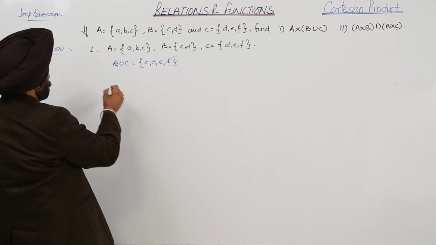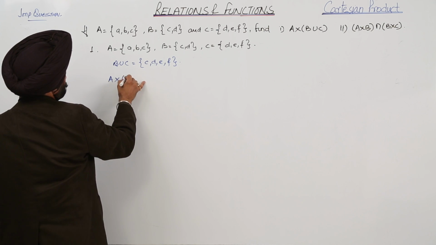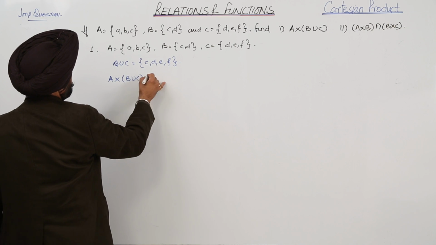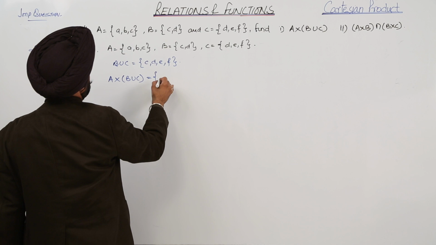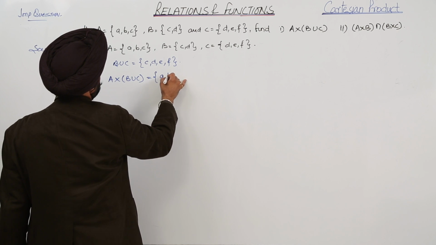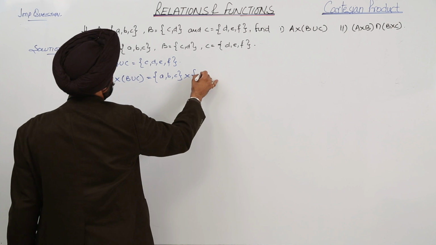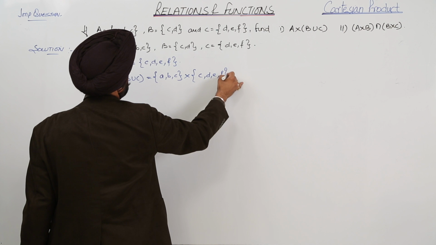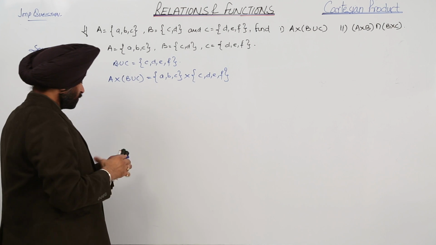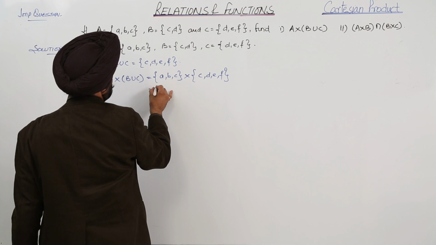Okay. Now we have to find A cross B union C. Now this becomes, what is A? {A, B, C} cross, what is B union C? {C, D, E, F}. Okay. So what will the result be? The result will be